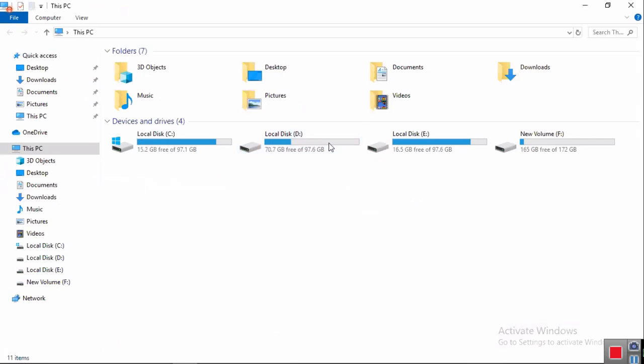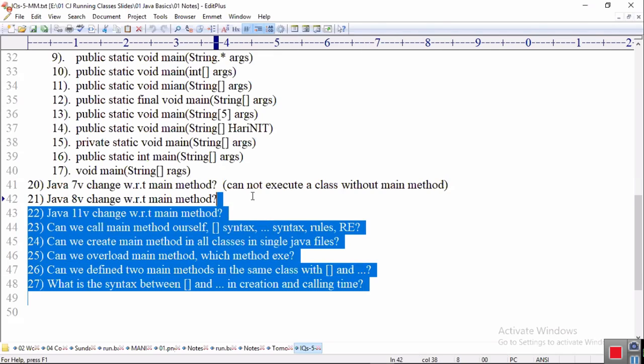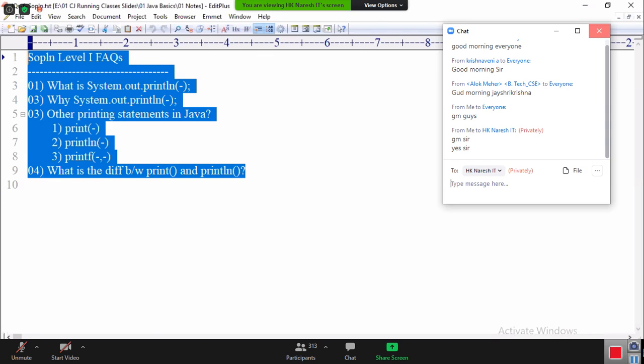Of you are here? Batch, these are okay. So